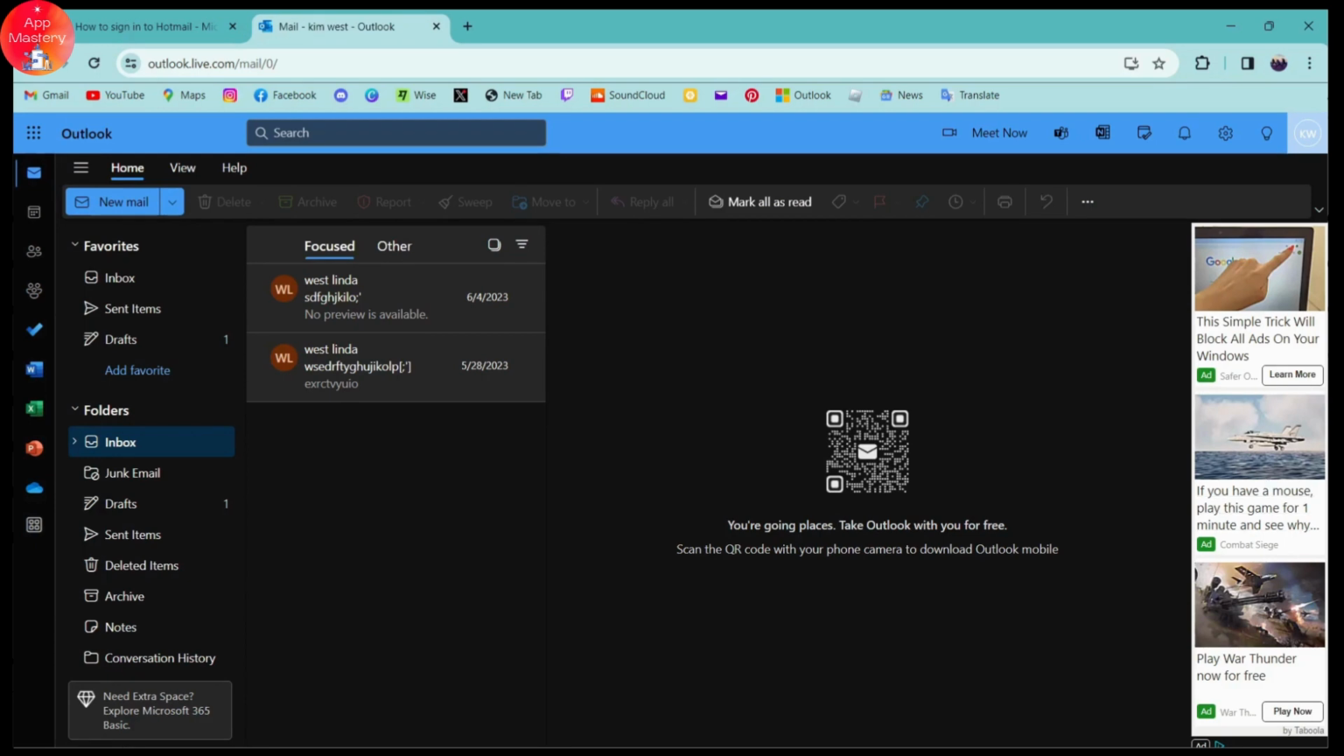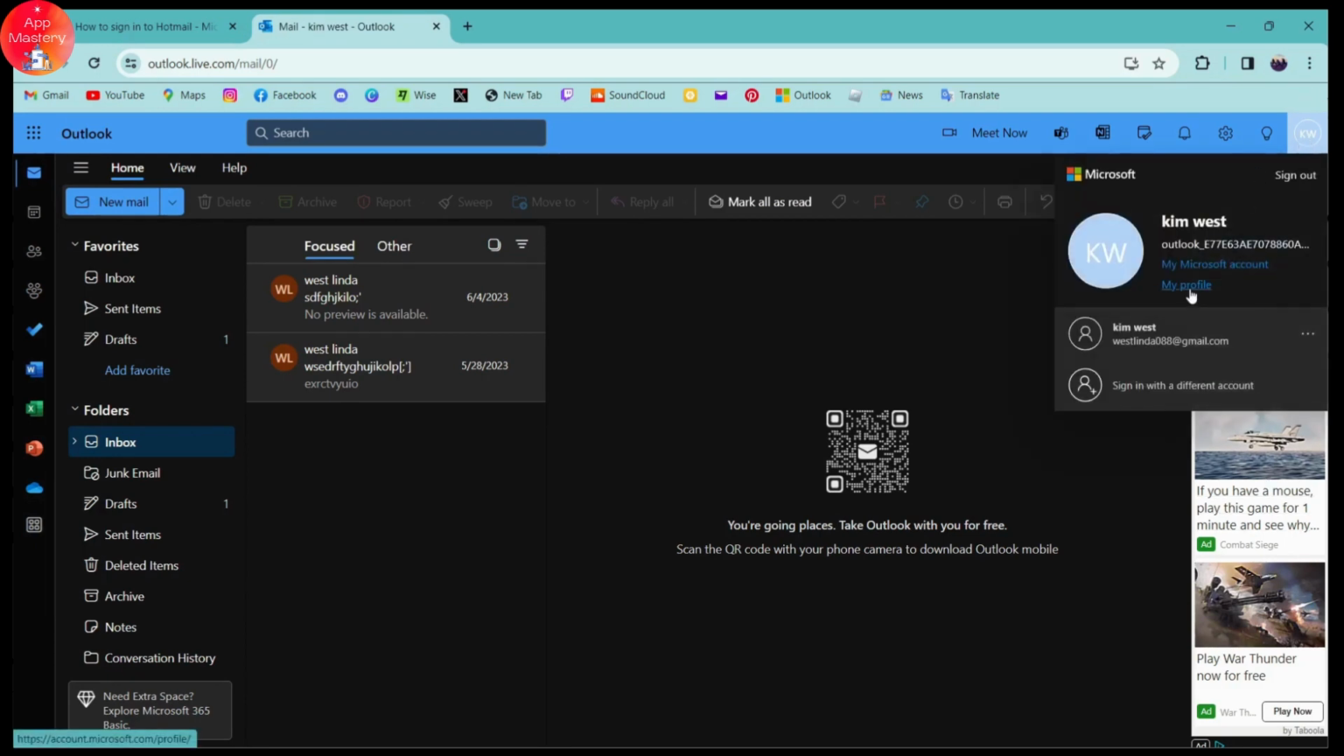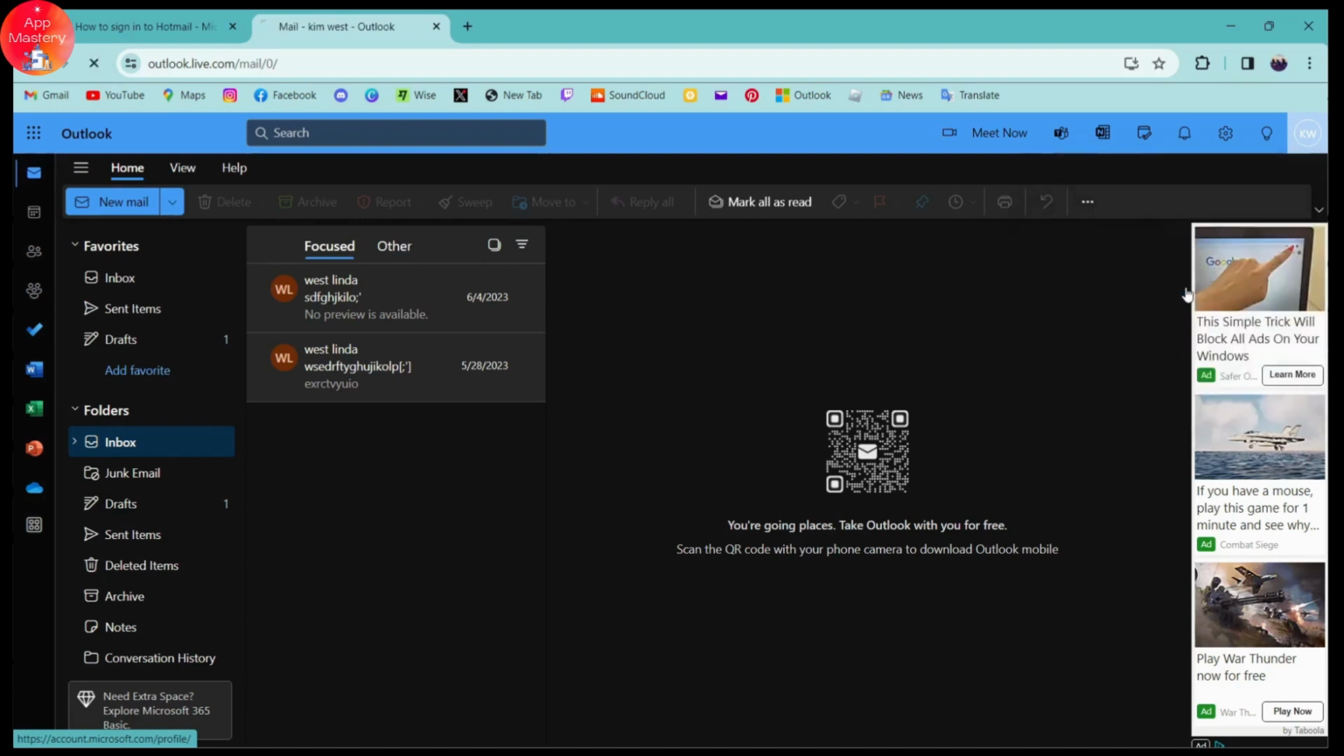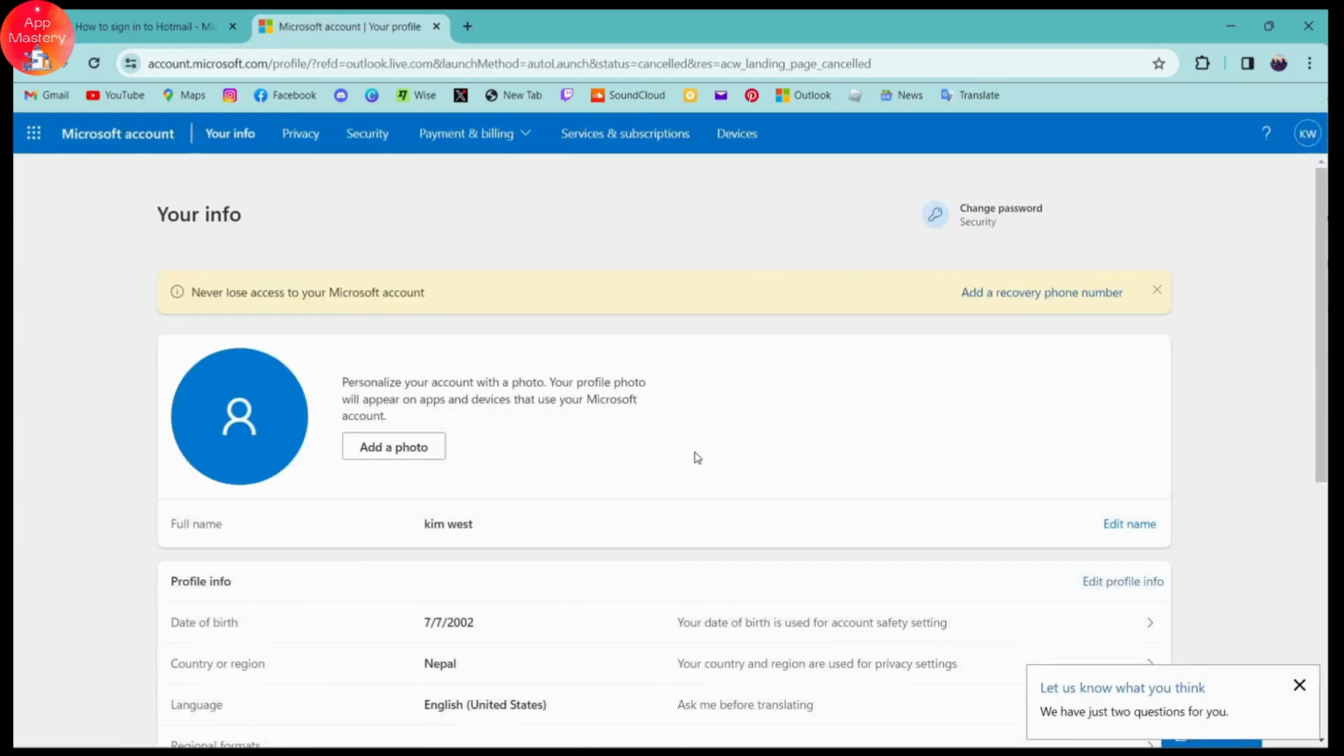And once you log into your Outlook, you need to go for the profile, which is on the upper right, and you can simply go for my profile. And after opening your profile, now here on the upper right you will have change password option. Tap on change password,